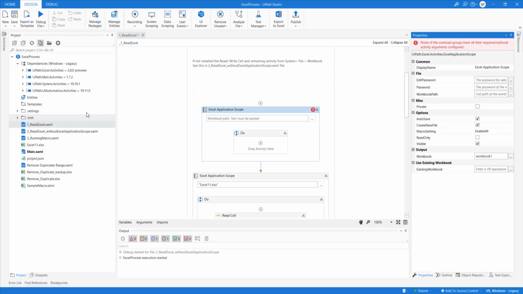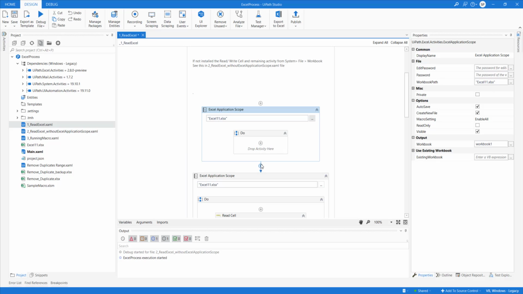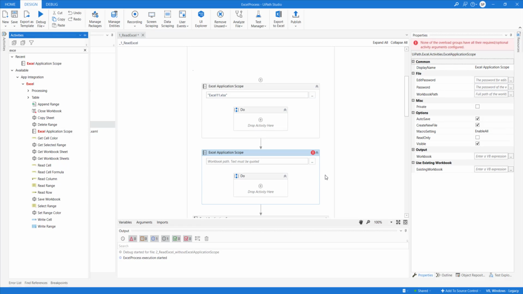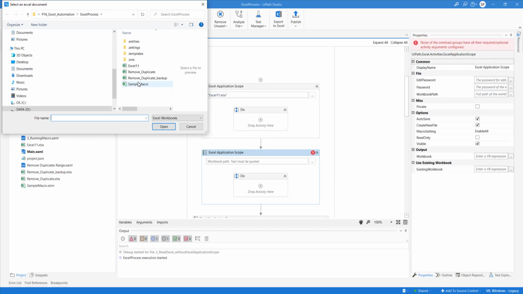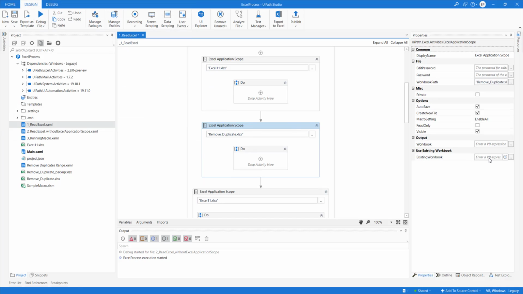It's looking for a path, and that's the reason it's showing red. Then let's do another Excel application scope here, and give the path to workbook 2.